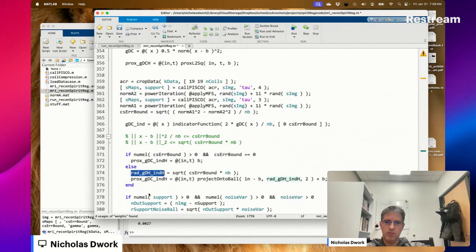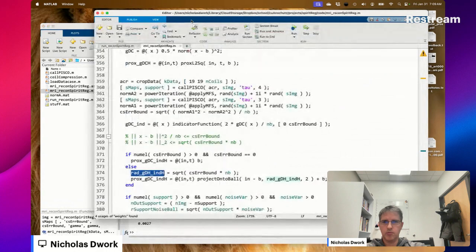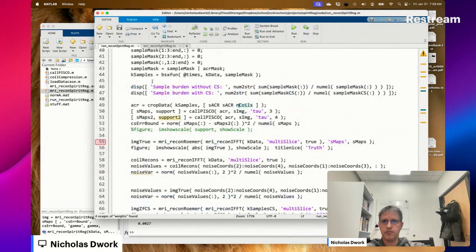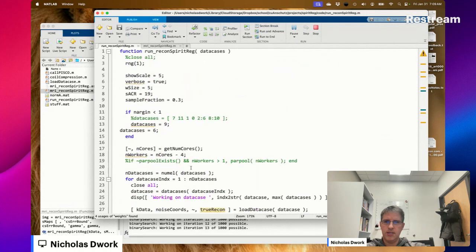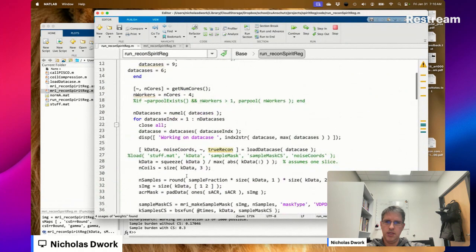In order for this to be 0.2, 0.2 squared divided by NB. Let's make it 0.1. Did I forget to change? Why is it still showing me?